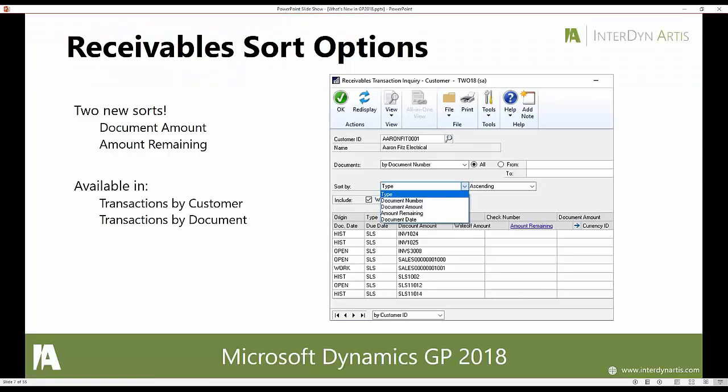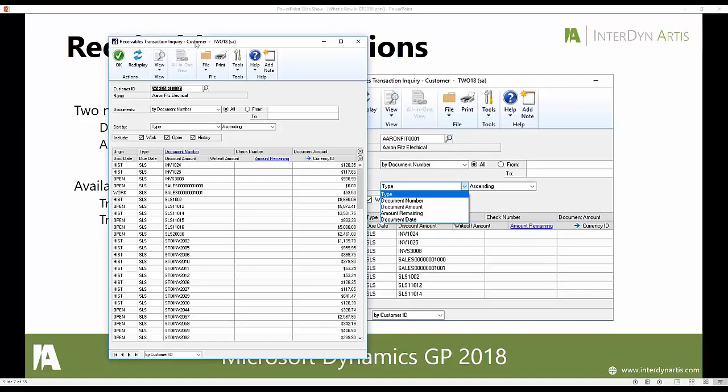So for receivable sort options, we now have two new available sorts, document amount and amount remaining. This is available in the transactions by customer and transactions by document. I'm in the receivables transaction inquiry window here. Normally, we basically need to know the document number or the document date. Otherwise, we're just scrolling here trying to find it, and if we don't know that document number, it makes